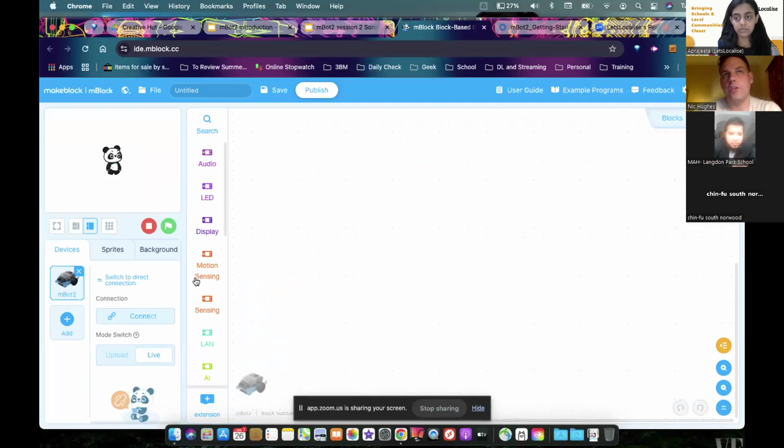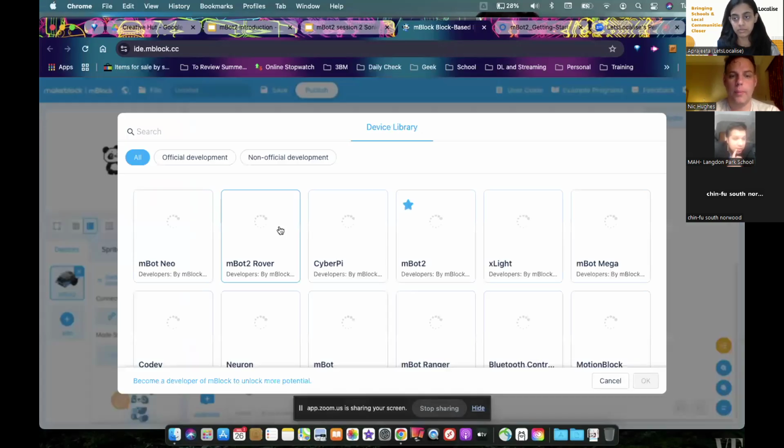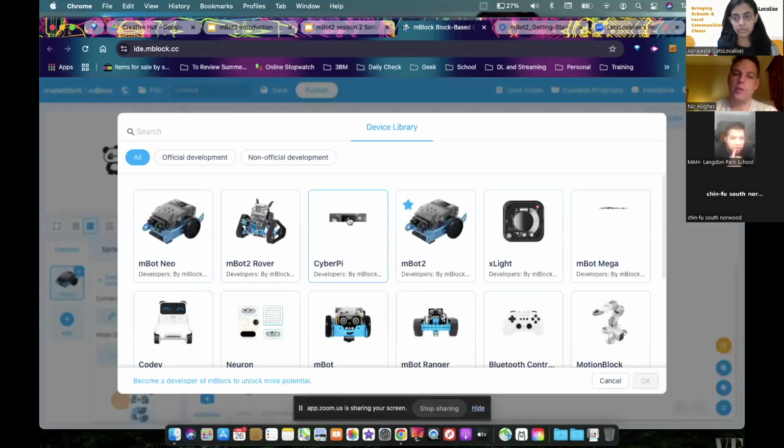One of the things you may have to remember is you have to make sure you add the MBOT as a device. If you've not starred the MBOT device, when you load the program for the first time, it will just load the CyberPi, which is just the computer part of the MBOT, the bit on the back that clips on. So if you haven't clicked to start, it will always load that.